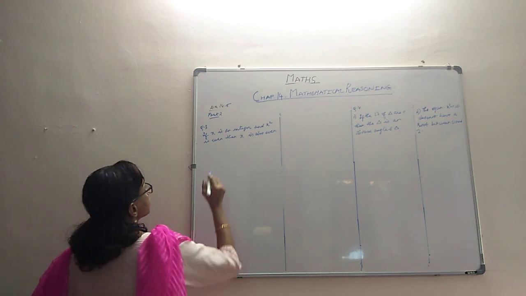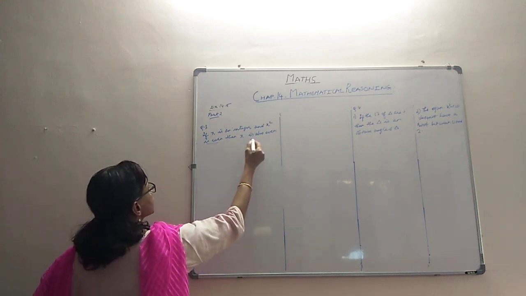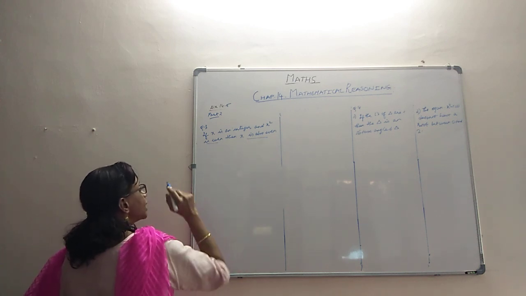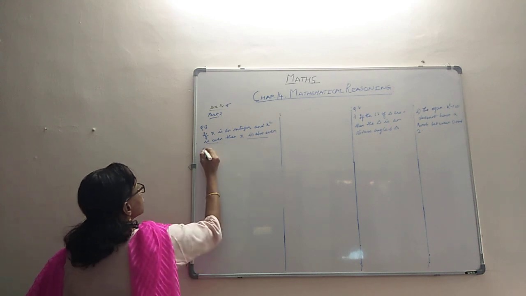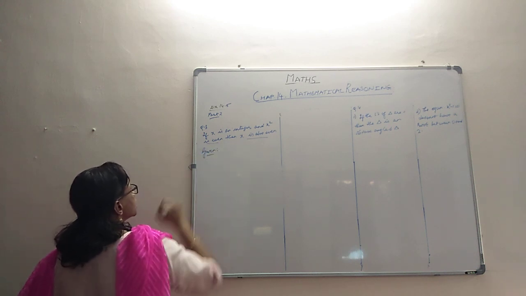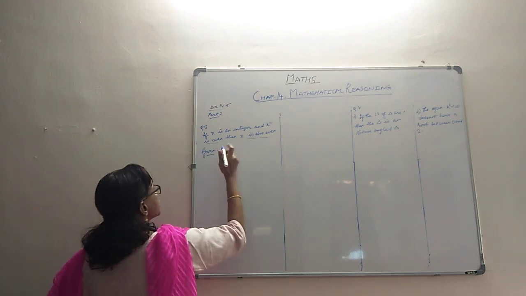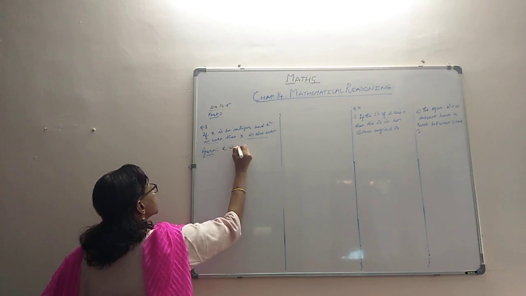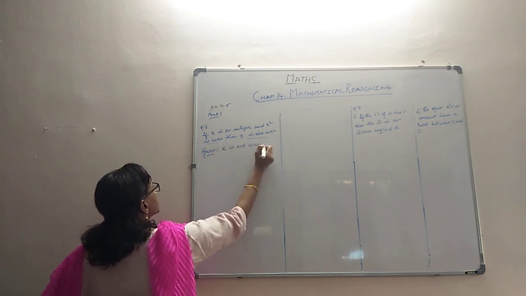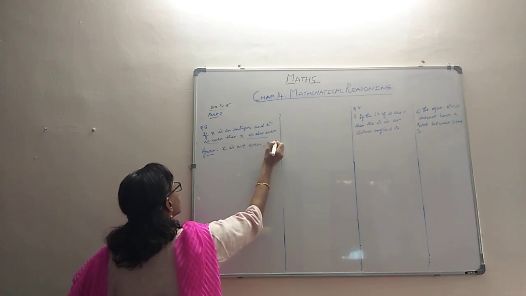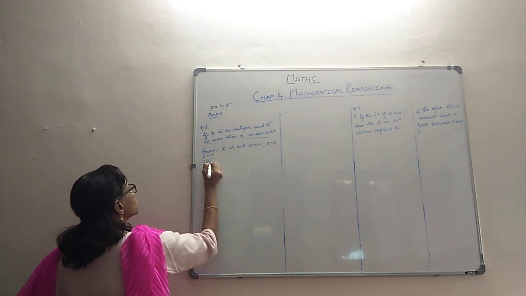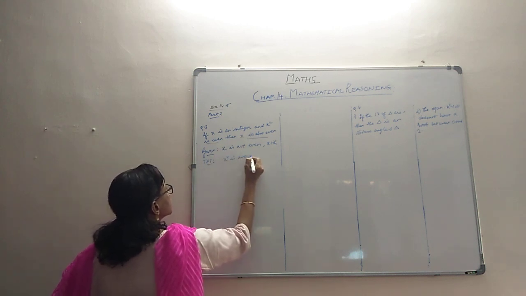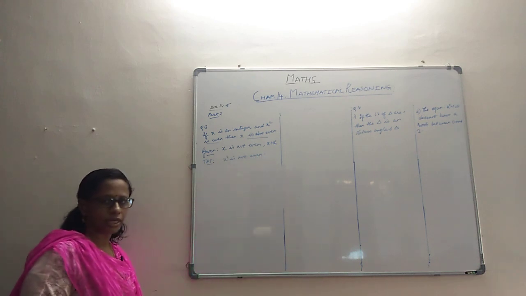So let's analyze. What's given to us? x is an integer and x squared is even. If x squared is even, you have to show that x is also even. Because this is contrapositivity, we will be given the negative of this. So x is not even, that's given to us. Of course, x is an integer. And what do we have to show? The opposite of x squared is even: x squared is not even. If it's not even, definitely it has to be odd, right?